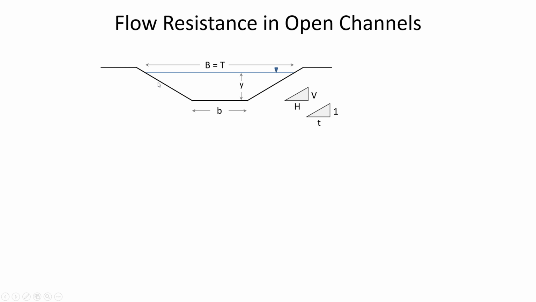You can't have a vertical side slope because the soil will collapse. If you have concrete, maybe you could do that. Concrete can hold an angle like that. Rock, if you're chiseling a channel through rock, can handle a vertical side slope. But that's expensive to chisel through rock, and expensive to line a canal with concrete. What's cheap is grass lining, or just leaving it with clay, or putting in maybe a plastic liner of some sort. And to ensure slope stability, we'll have these gently inclined side slopes,